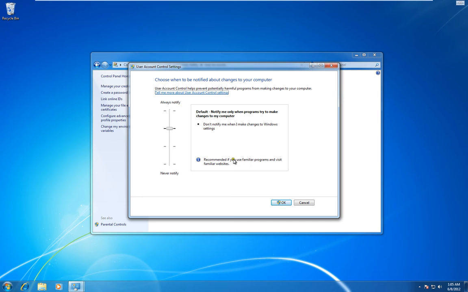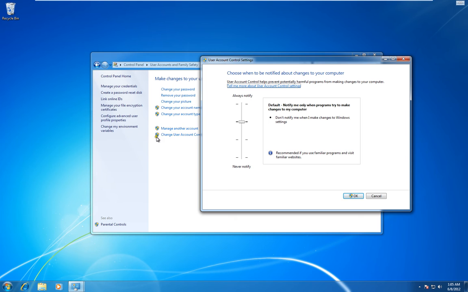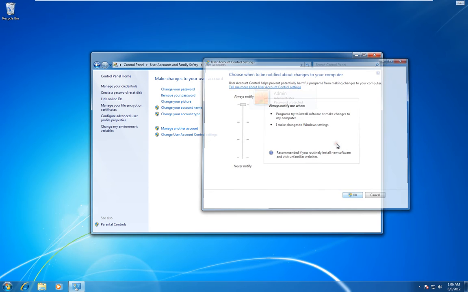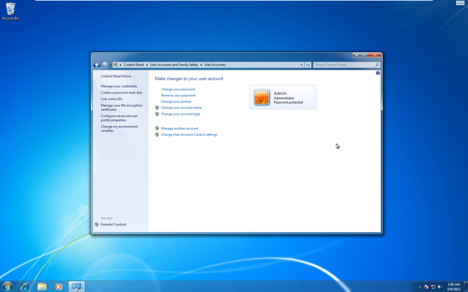Now notice the shield symbol that is next to that item there, like I had previously talked about, the blue and yellow shield. Now in here we're going to move up the slider to always notify, and then we're going to select OK. And then at this point we're going to click yes to allow this, but we're going to do a little bit of changes from here. So we're going to click on change user account control settings,